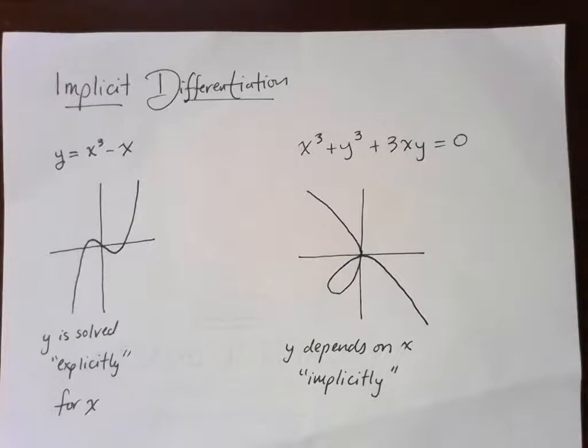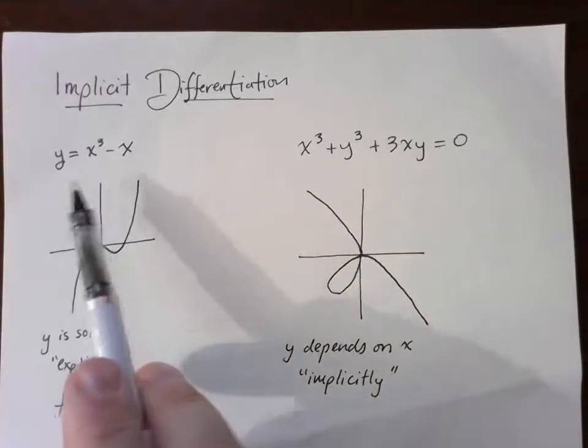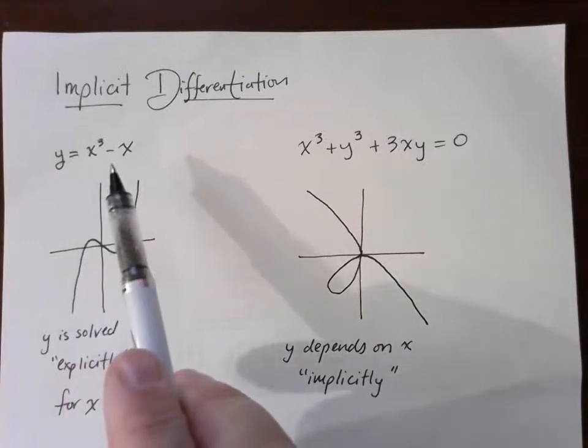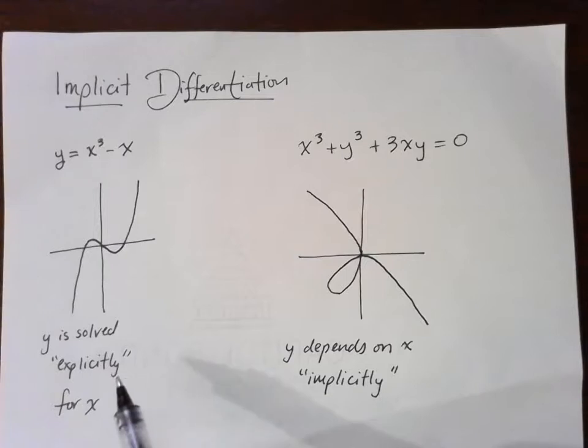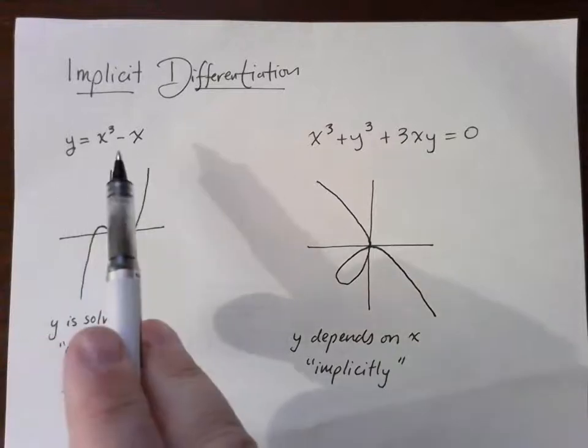In this lesson, we're going to look at implicit differentiation. And that's used when you have y given implicitly as a function of x. Here's what this means. Here on the left, we have a function y solved for x. Y is solved explicitly for x. So what this means is that y is all by itself on one side, and x is on the other